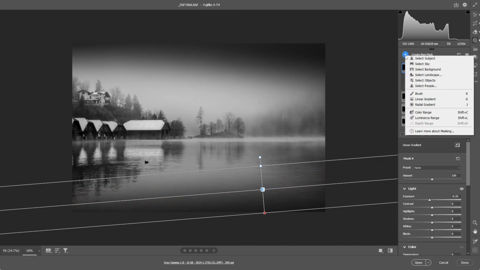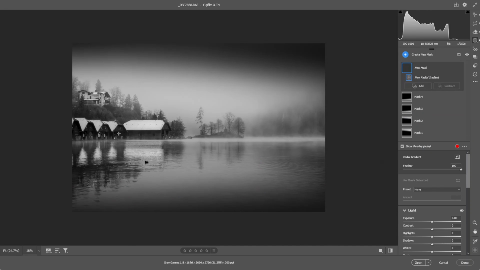And I'm going to use one more mask, and I'm going to use a radial gradient. And I'm going to place it over these huts here. And I'm going to try and cover the trees also. I'm not bothered about this house on the top here. I'm going to open it up a bit. And I'm going to increase the shadows here